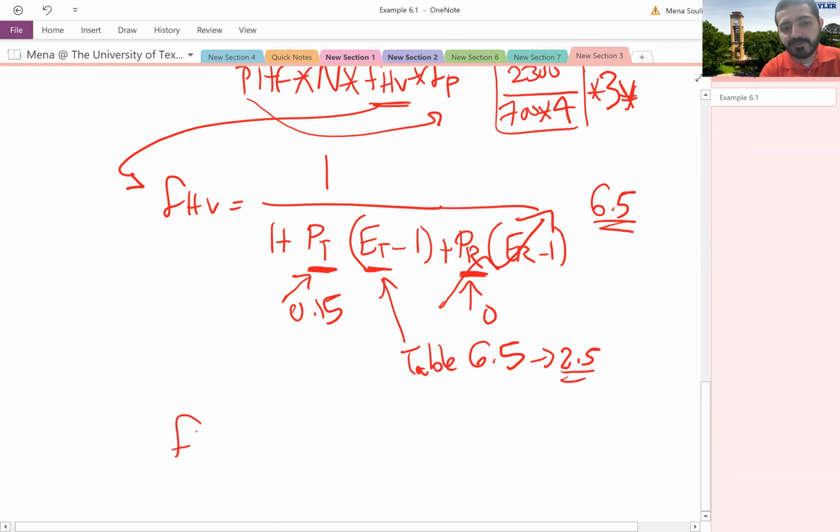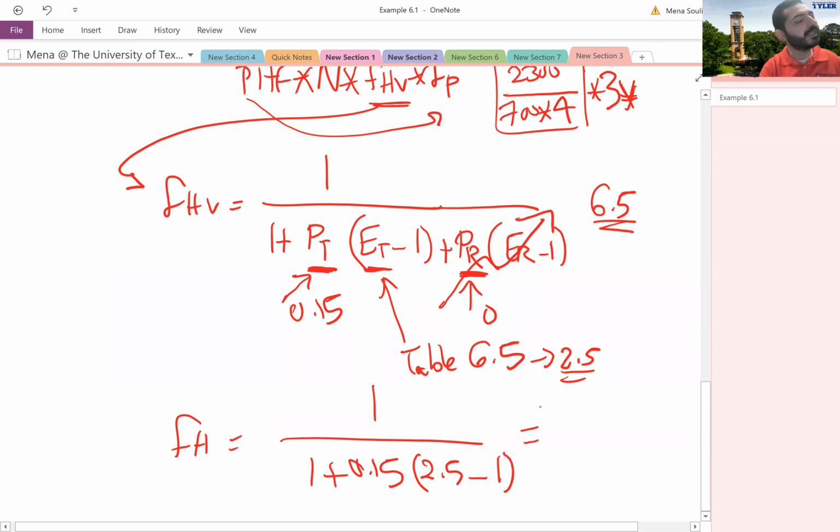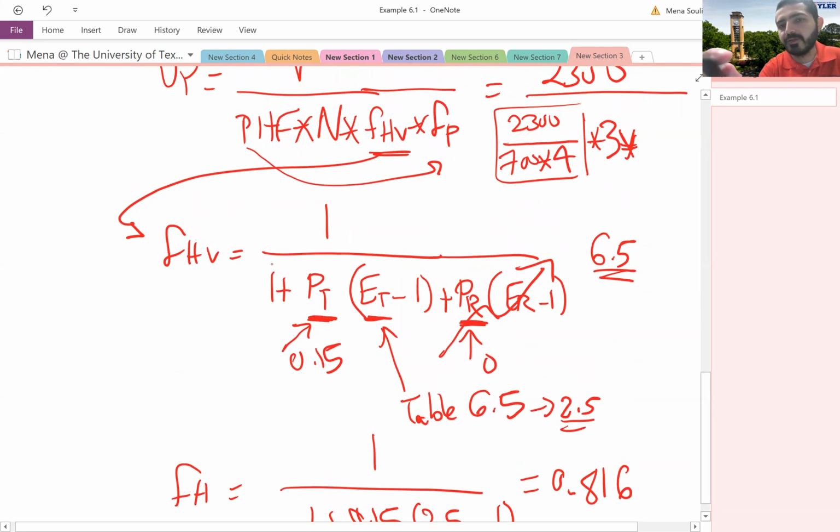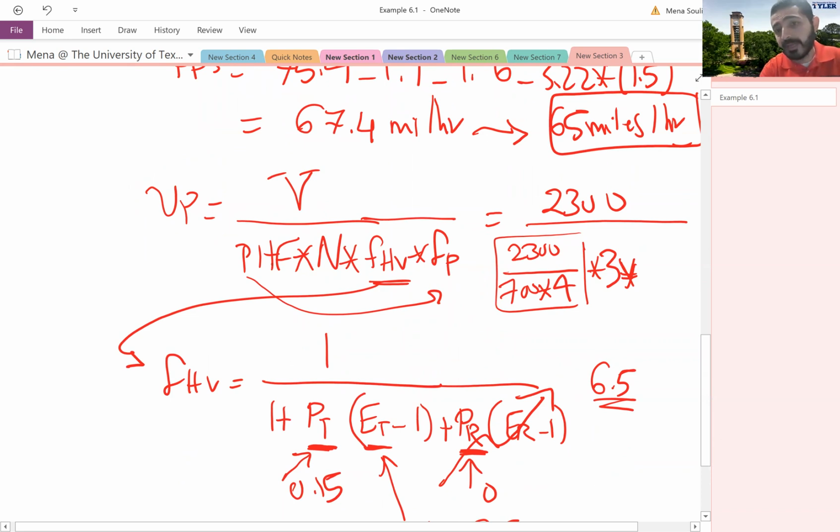And therefore FHV is now equal to 1 over 1 plus 0.15 times ET, which is 2.5, minus 1. And therefore FHV is equal to 0.816. All right. So if you recall here, coming back to the VP, we have the total volume, which is 2300 over the PHF. That's the peak hour factor, 2300 over 700 times 4 times 3 lanes per direction times FHV, which is